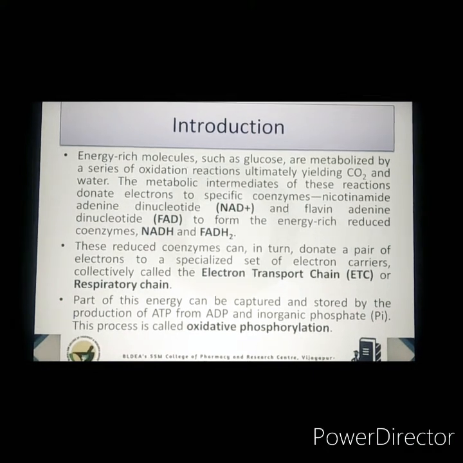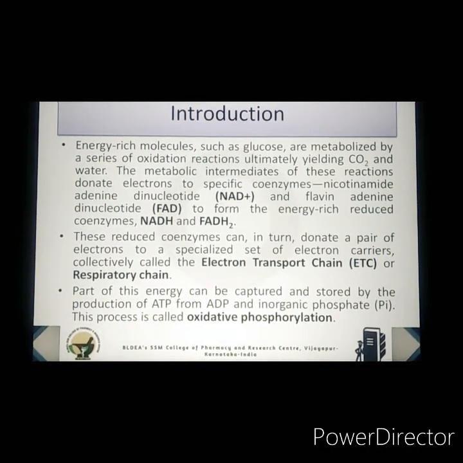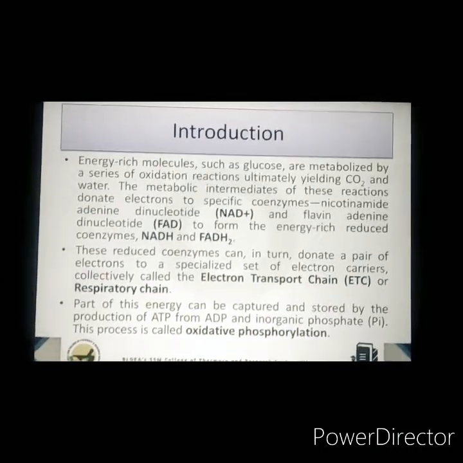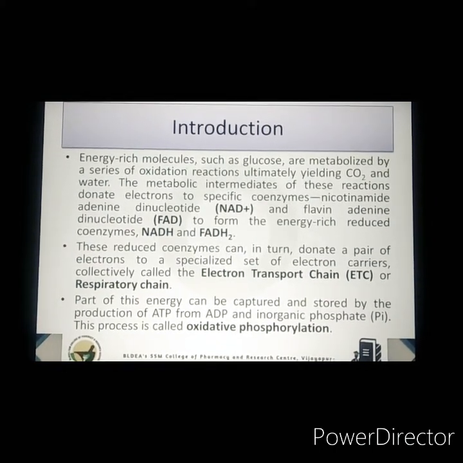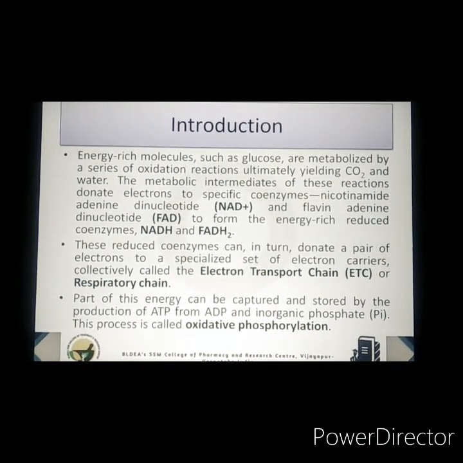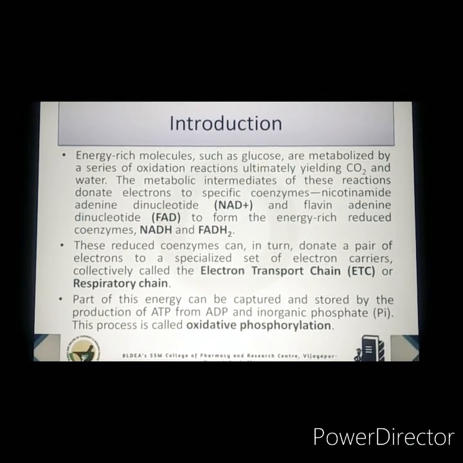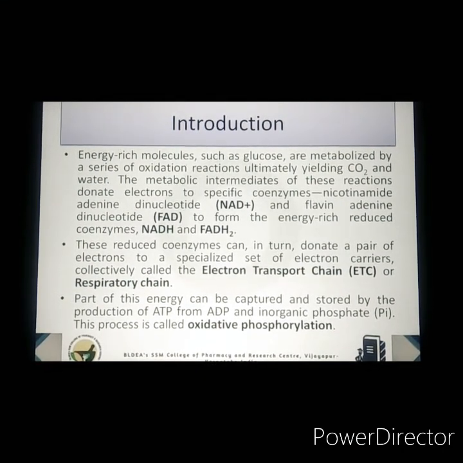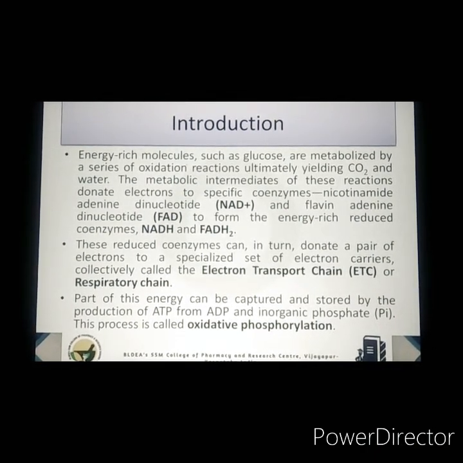Such process is known as electron transport chain, or you can also say respiratory chain, because in the final step of this electron transport chain, oxygen is being reduced to form water. So whatever inhalation of oxygen takes place through the lungs, the majority of the oxygen is being utilized in the ETC to form water, because of oxidation of this NADH and FADH2. So the oxygen gets reduced to water and it transfers the electrons, or you can say the energy, to the final step known as oxidative phosphorylation. That is nothing but the ATP generation.